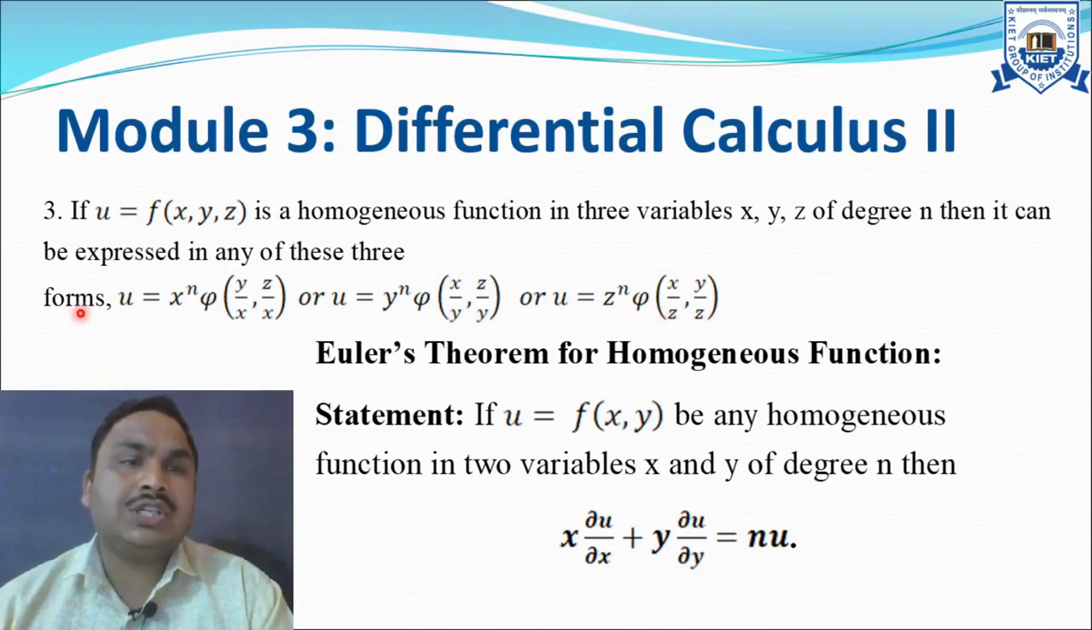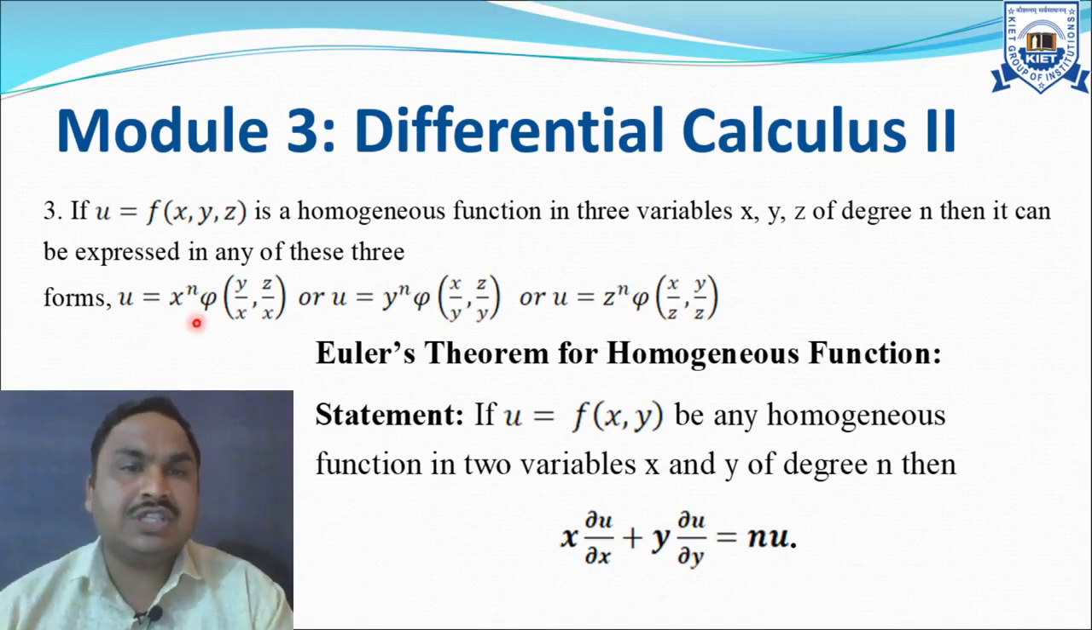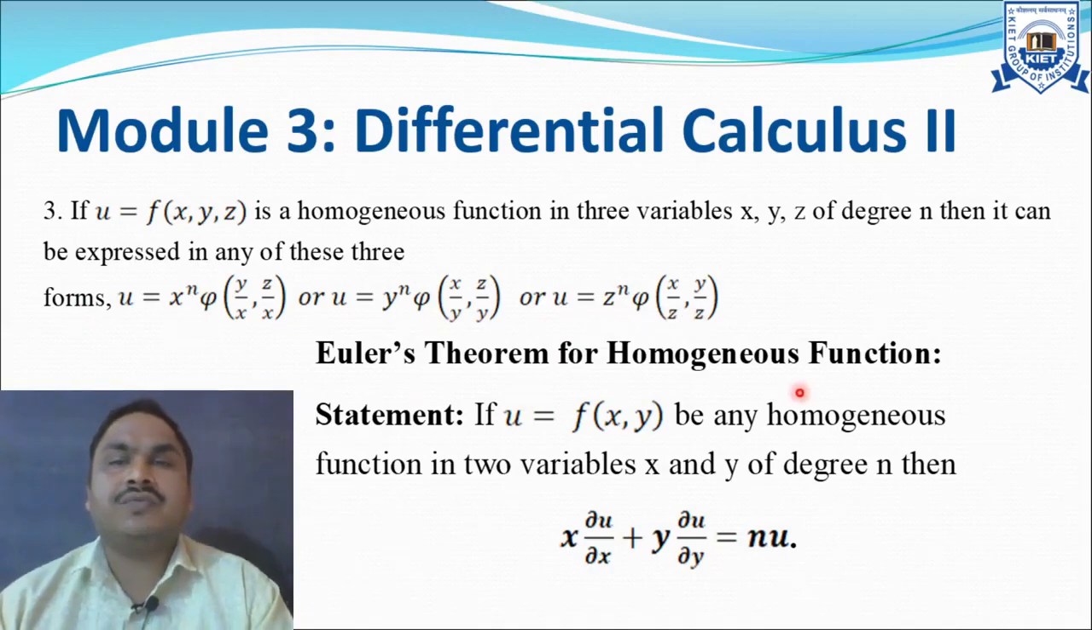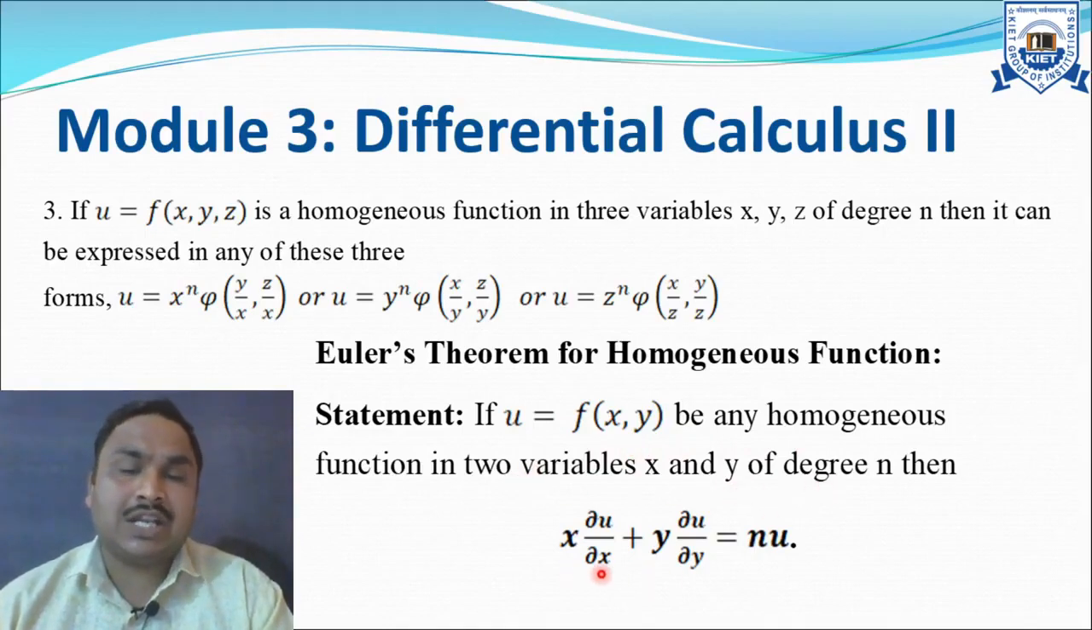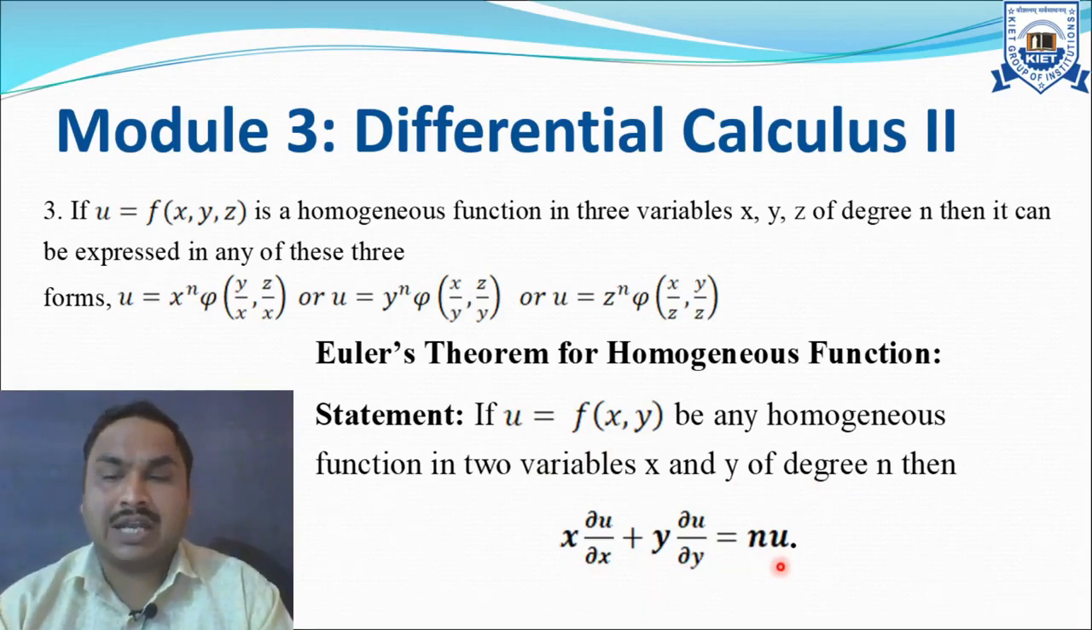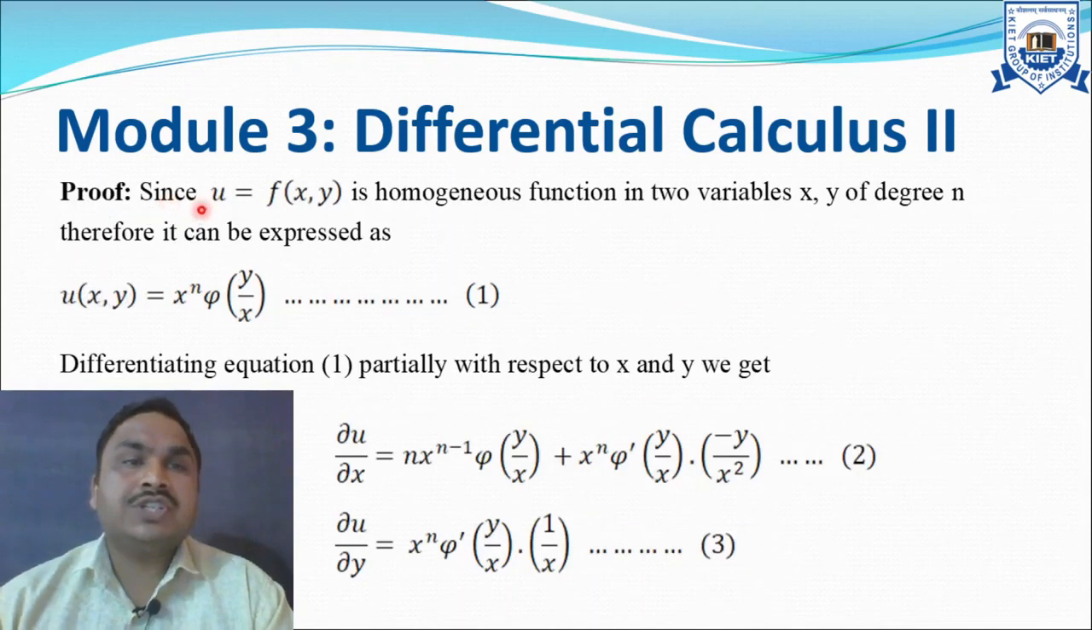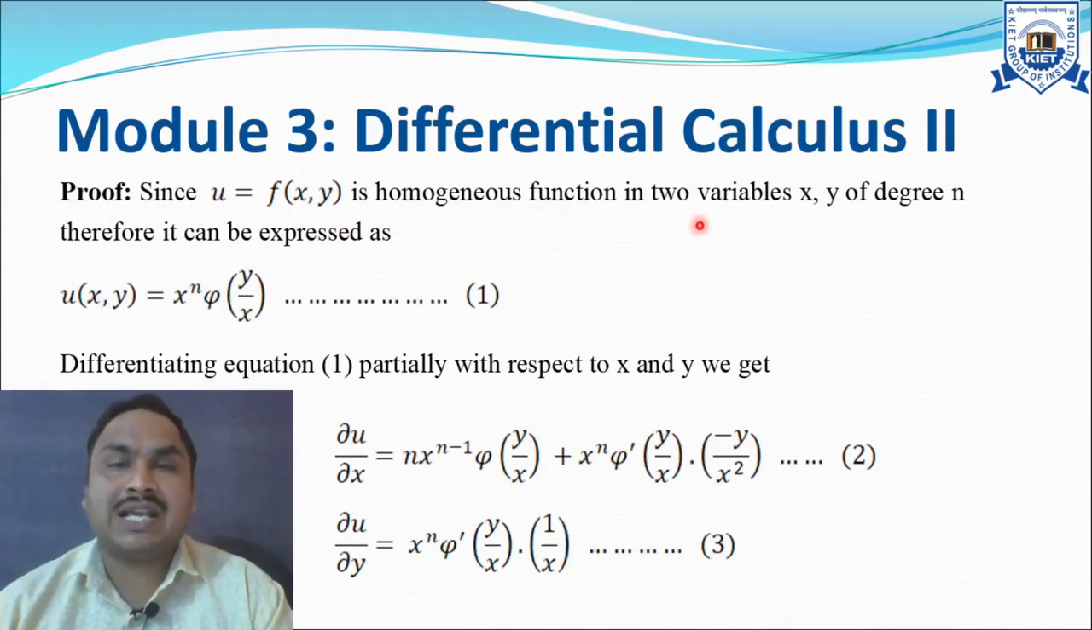From all these 3 forms, we get same degree of u, which is n. Euler's theorem for homogeneous function statement: if u equals f(x,y) be any homogeneous function in 2 variables x, y of degree n, then x ∂u/∂x plus y ∂u/∂y equals n times u. Proof: since u equals f(x,y) is a homogeneous function in 2 variables x, y of degree n, therefore it